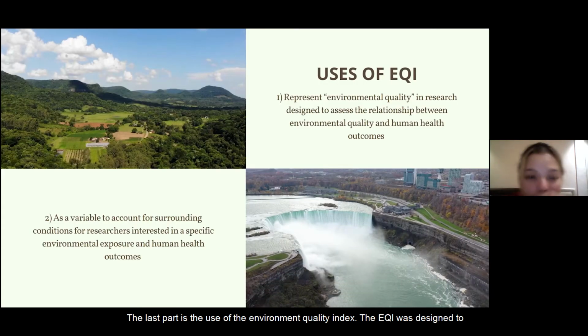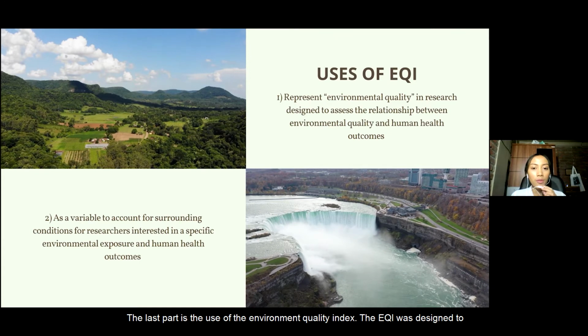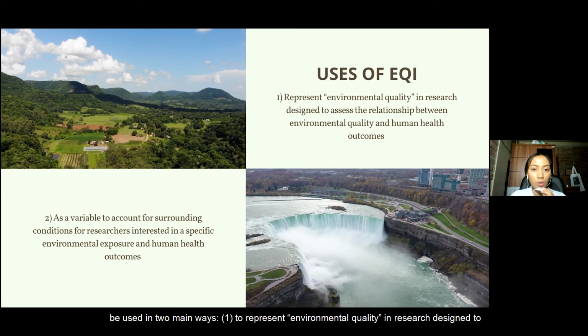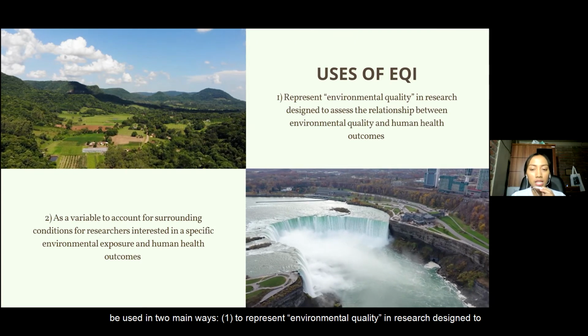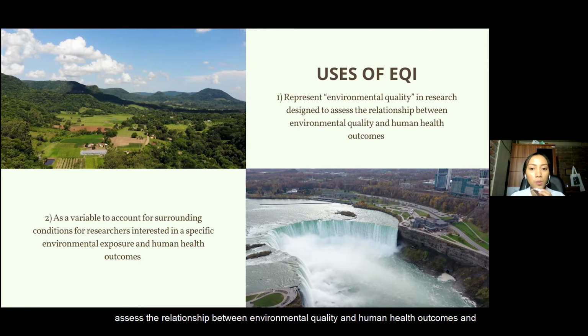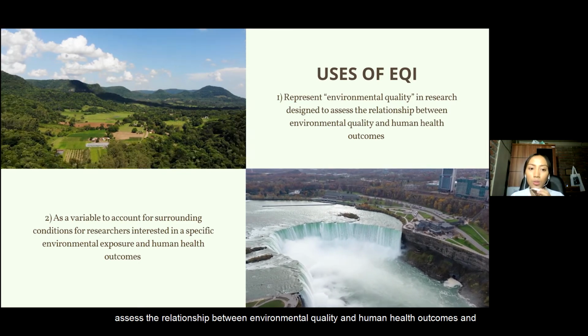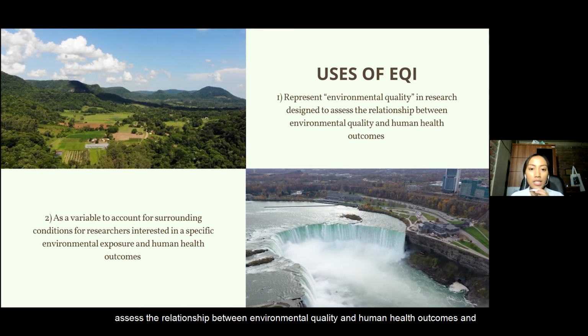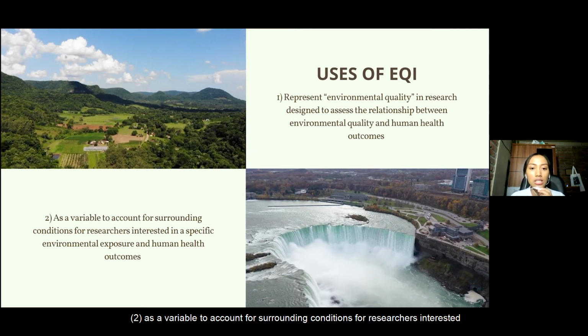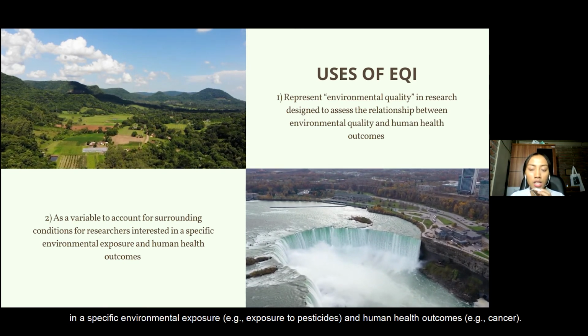The last part is the use of the Environmental Quality Index. The EQI was designed to be used in 2 main ways. The first one is to represent environmental quality in research designed to assess the relationship between environmental quality and human health outcomes. The second one is as a variable to account for surrounding conditions for researchers interested in a specific environmental exposure